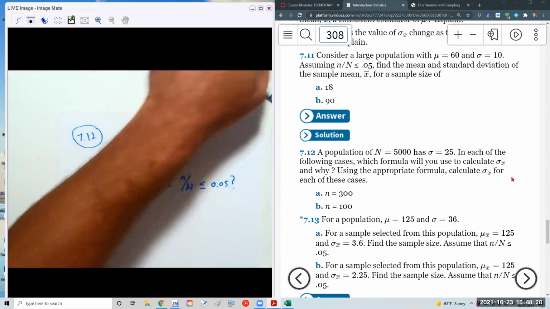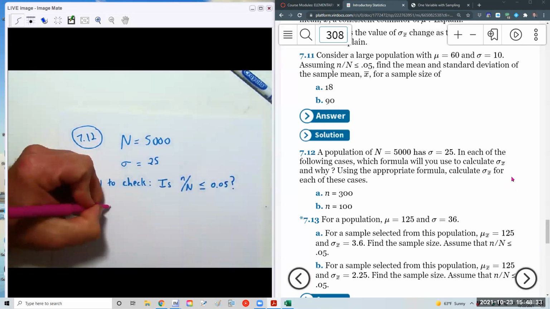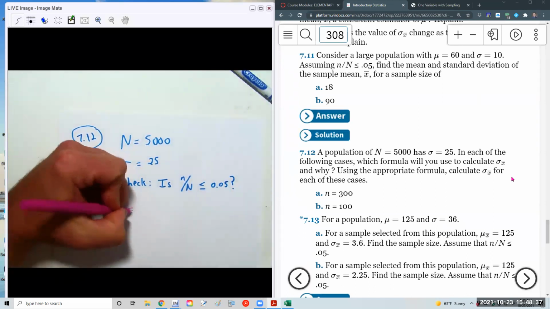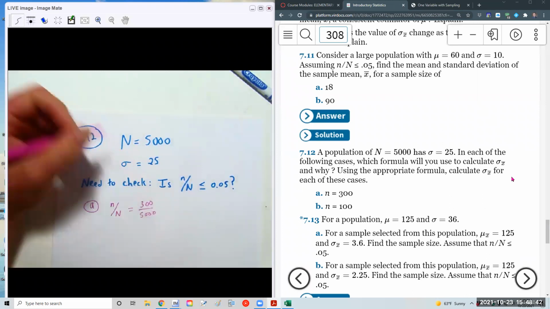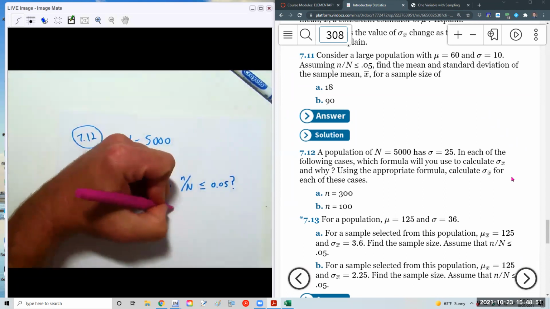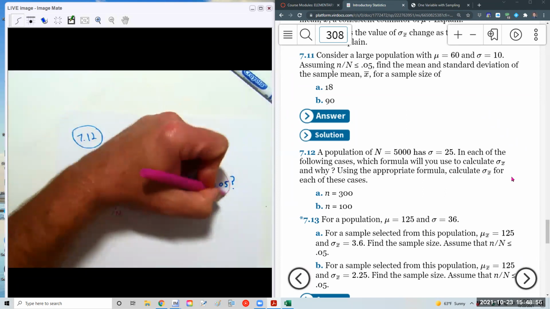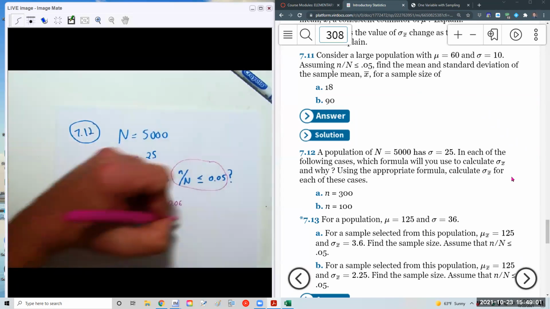Okay, so I'm going to check that for part A here. So for part A, n divided by big N, so that is going to give us 300 divided by 5,000. And let's see, what does the calculator say that is? I think that's 6%. Is 6%, is 0.06. So this is a false statement then. So therefore,